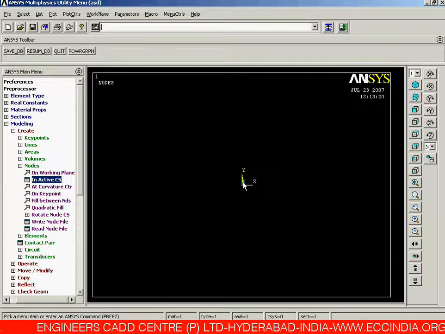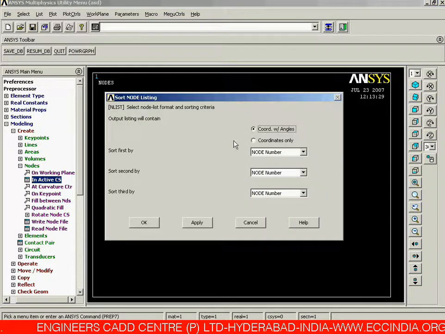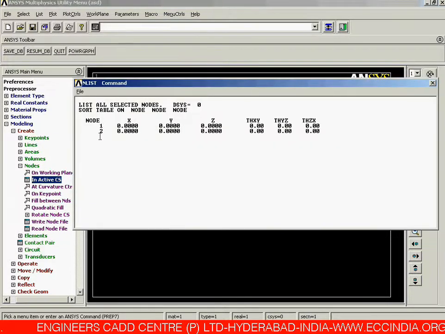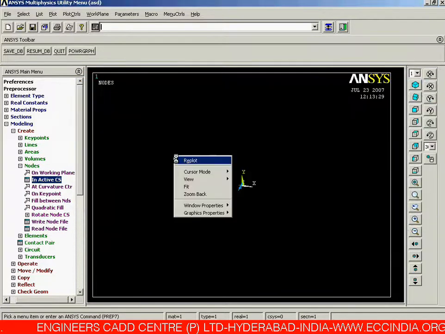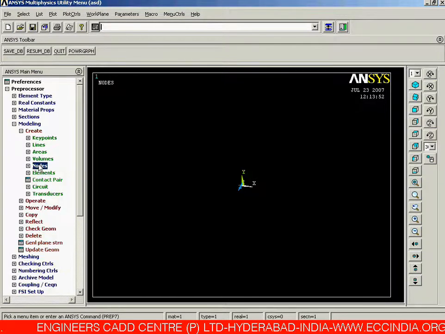It's not a criterion that we are supposed to go for 0 length elements also in structural cases. So I'm going to create 2 different nodes at the 0, 0 orientation. We can see over here, say list nodes with respect to the coordinates and just say OK. First node XYZ coordinates 0. Next node all the coordinates having theta angles also 0. So we are having 2 nodes which are coincident.